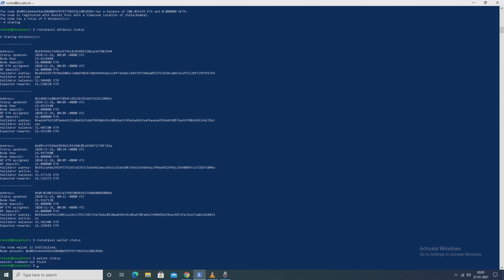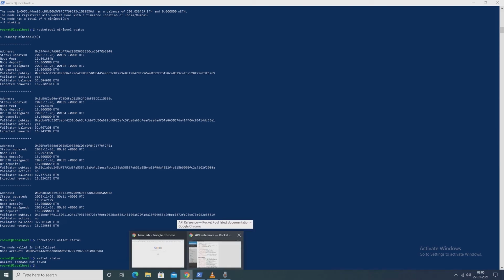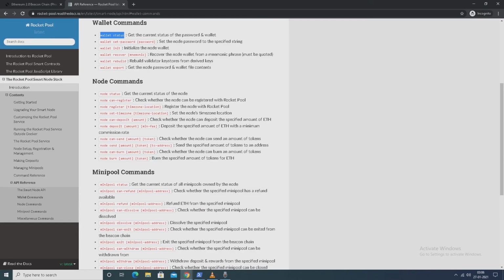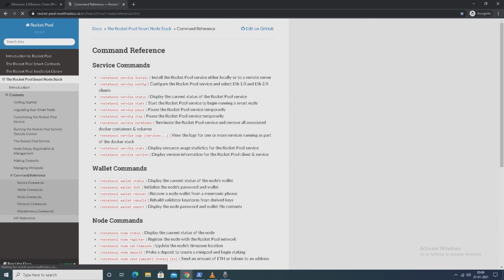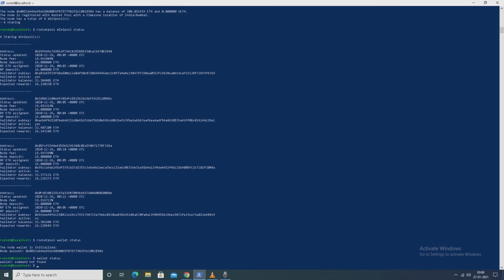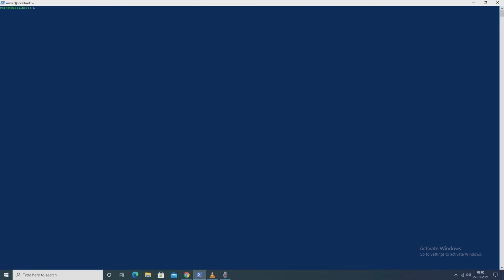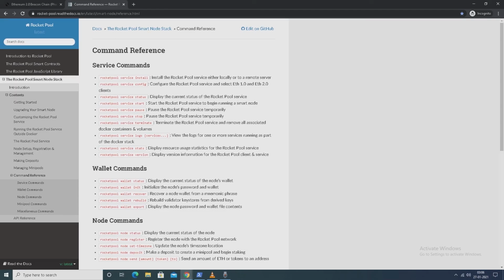Okay, we have to put first Rocket Pool wallet status over here. So now let's check the Rocket Pool wallet status after the two validators have been exited.